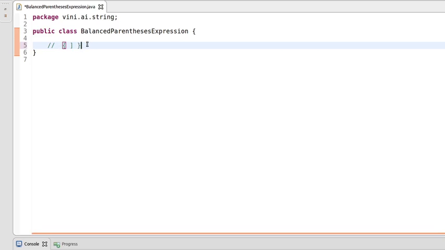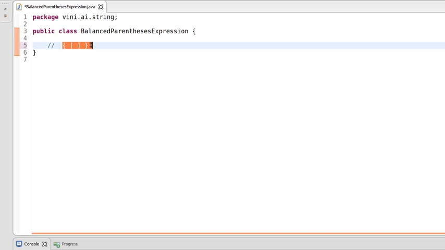creating a balanced expression, because we have opening curly braces and closing as well. But in this case, we do not have any opening and closing, we just have closing parentheses, so we should have opening parentheses as well. But if we have opening parentheses in the wrong place, this is also not making a valid expression. To make it valid, it should be like this, then only we can say this is a valid expression.